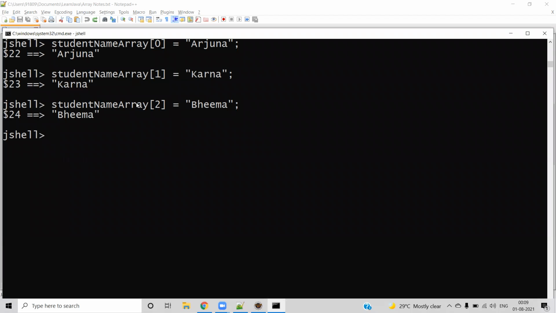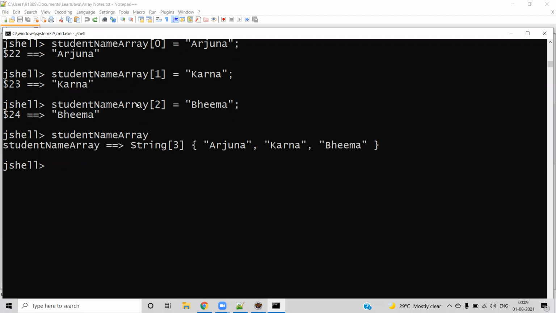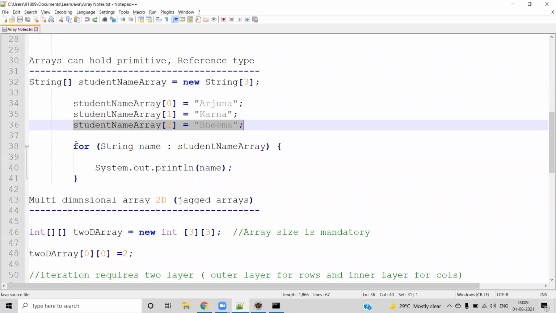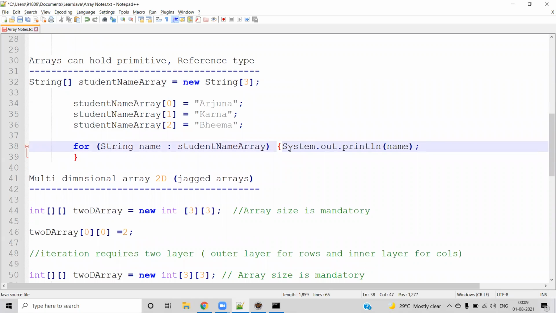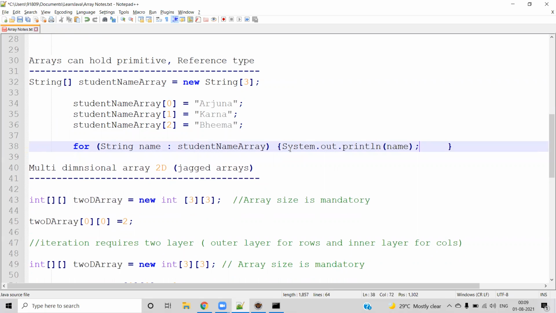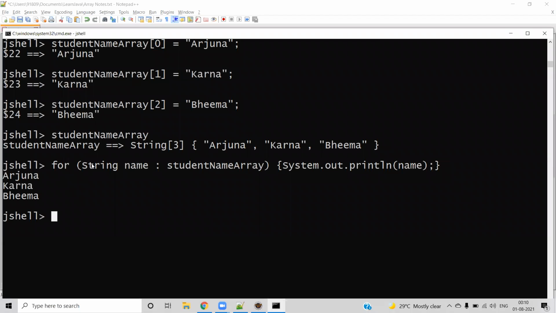Now, if you see the array, it has the three different values under the string array. The same way we can iterate it here. Since it's JShell, I'm making it a single statement, or a single line statement. Here you can see the iteration output.